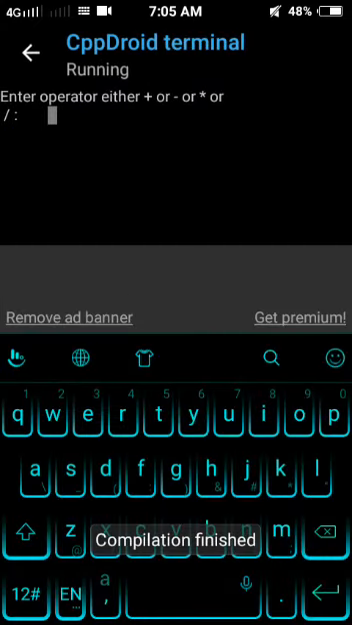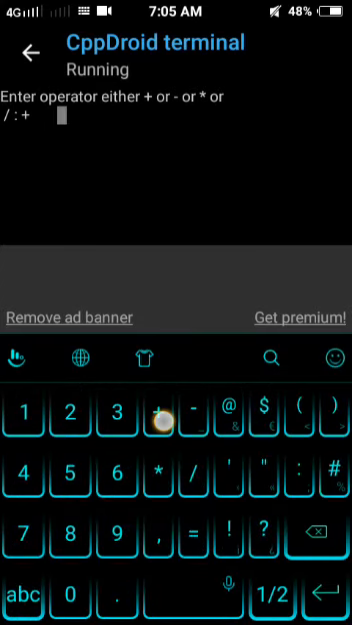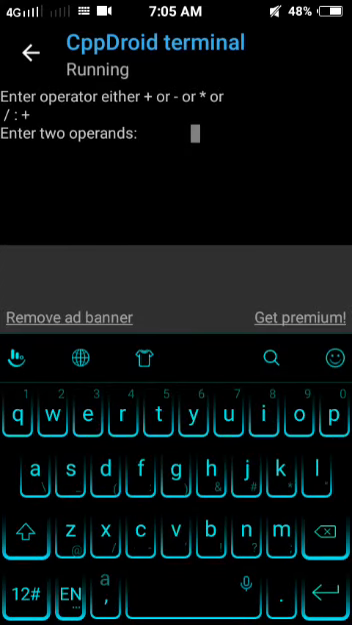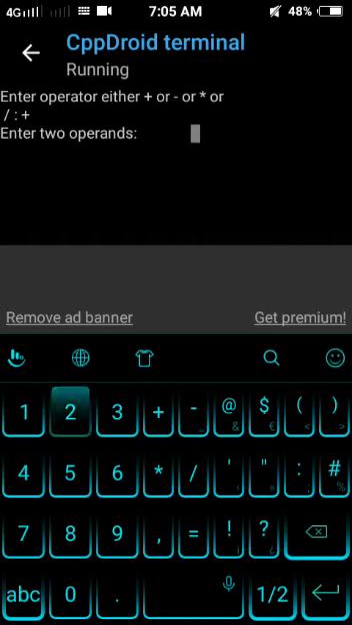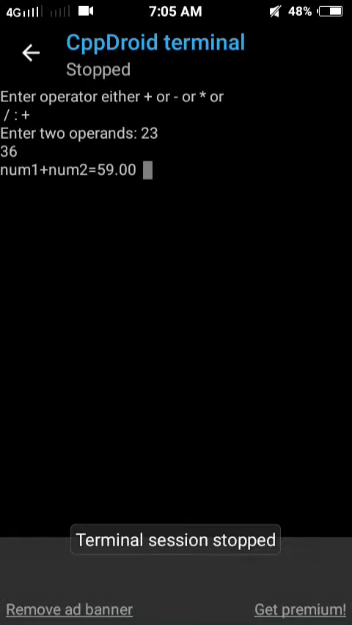Here it is asking to enter any operator, which is plus, minus, divide or anything. Okay, now we have to enter two numbers. So it added them and showed us 59 as the answer. So this was